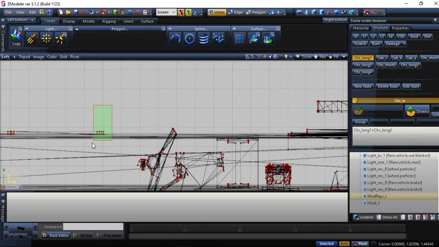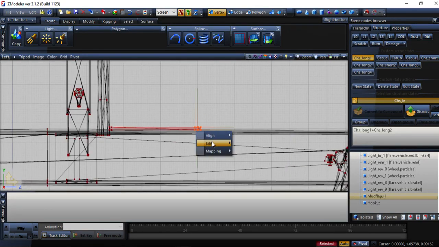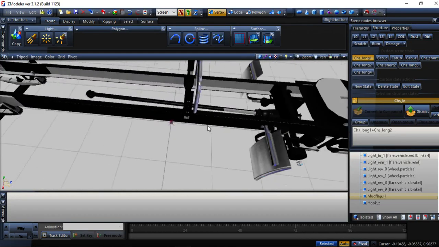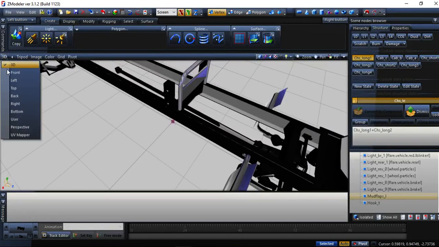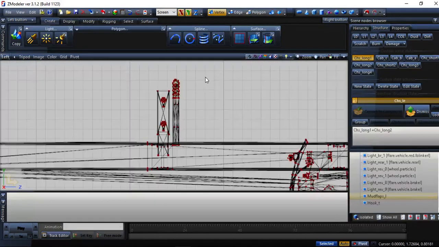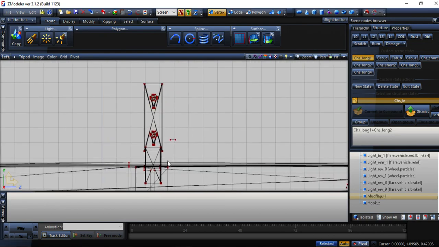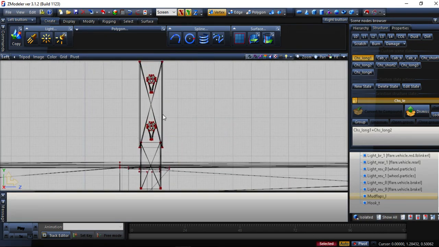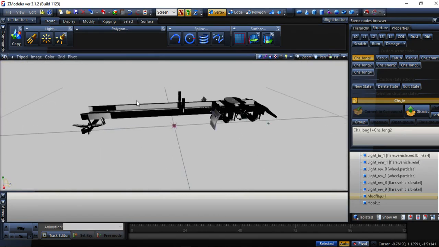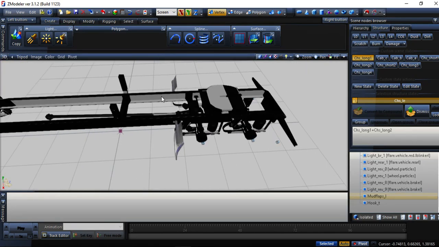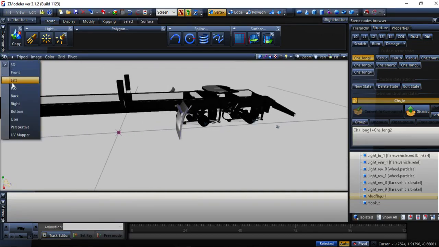In case you don't know what that is, the deck cover, the deck plate. I'm just gonna delete these vertices, go in 3D view, and good. We don't want this here as well, so I'm gonna take it off. You don't have to take it off, you can just skip ahead. So be careful what you highlight. Anything else I want to get rid of? The fenders are okay. Okay, now we're gonna go into the left view,